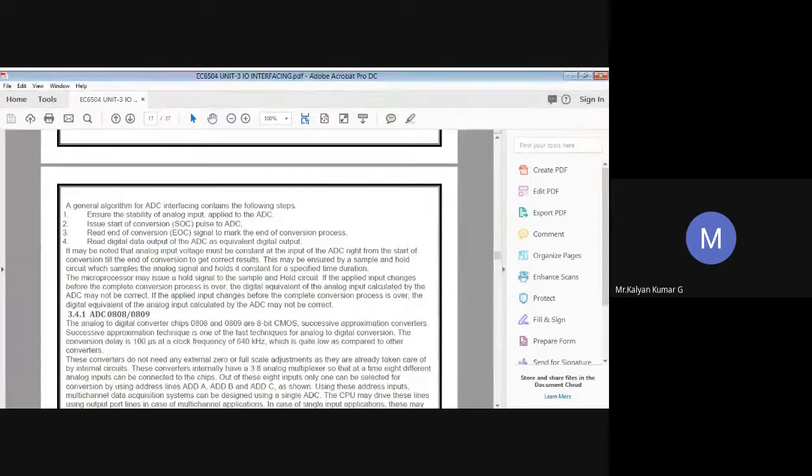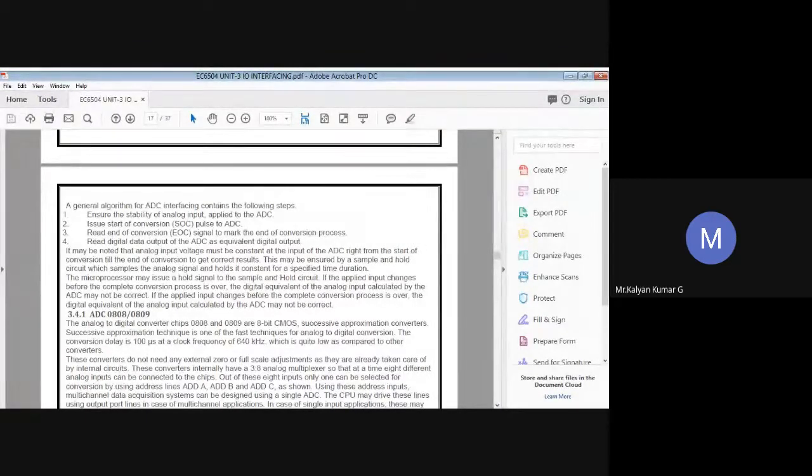When the analog signals are equal, the comparator informs your control unit to stop generation of the digital signals. The digital data available is then given as output to the output register. With the help of the output register, we are able to get the digital data. In addition to this, the control unit generates a signal to indicate the end of conversion, usually called EOC. That will be from the ADC to the processor. So this is the process that usually takes place.